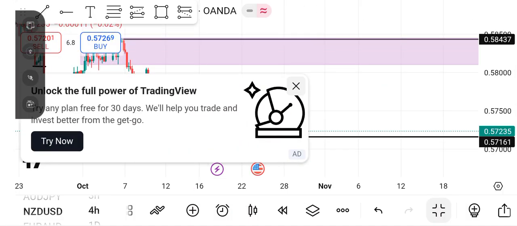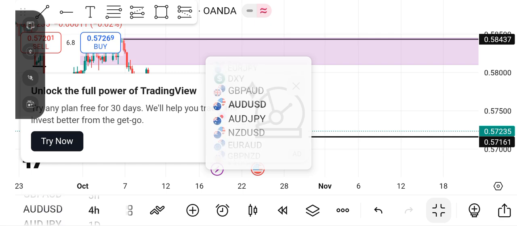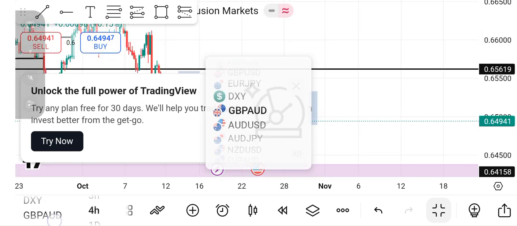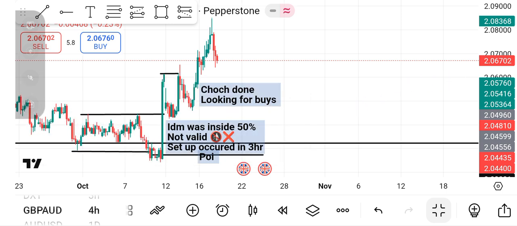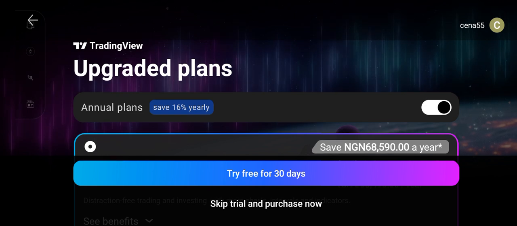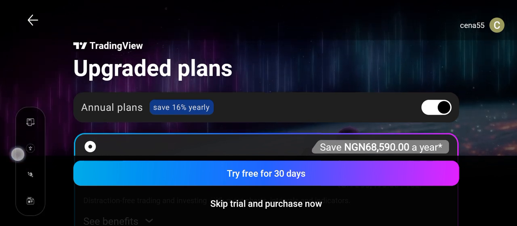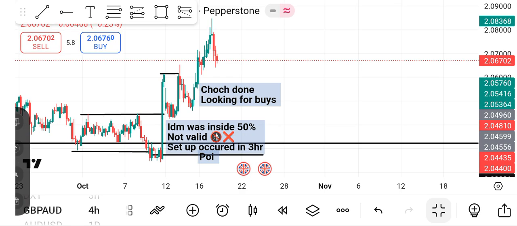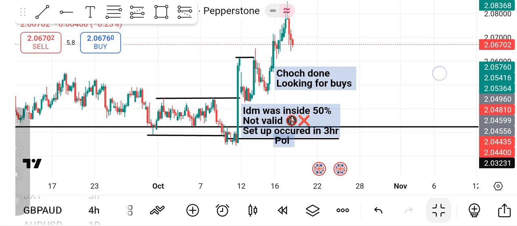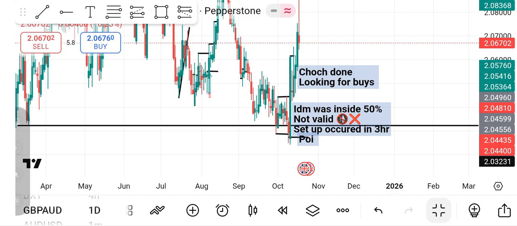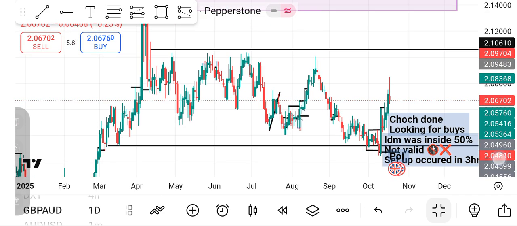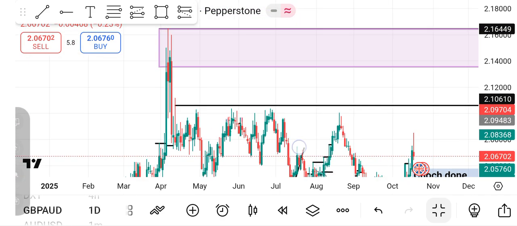All right, now let's look at other currency pairs. Okay, let's look at GBP AUD. Let's go to daily time frame. Now, in GBP AUD,